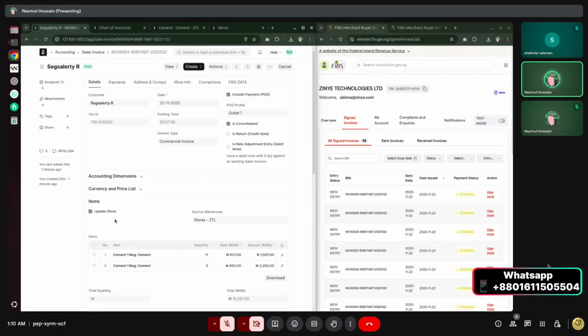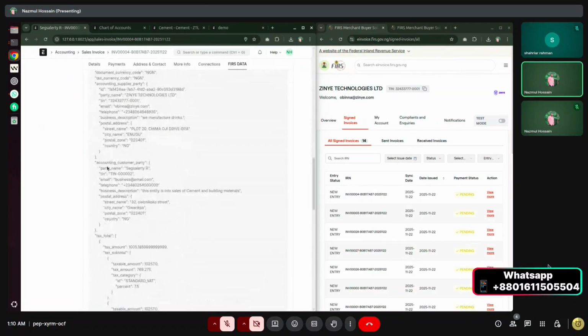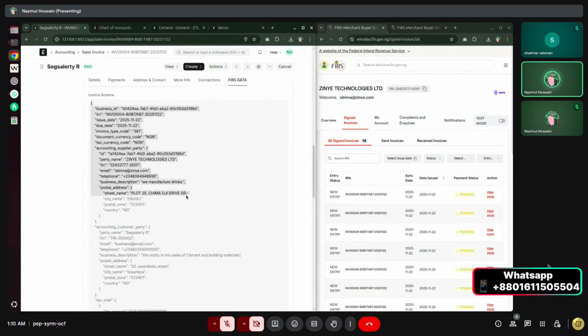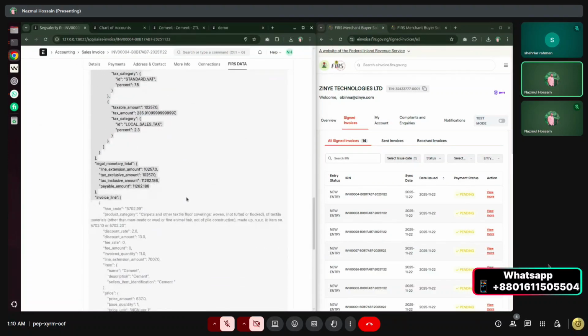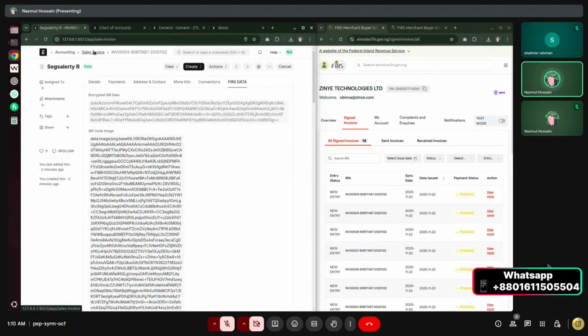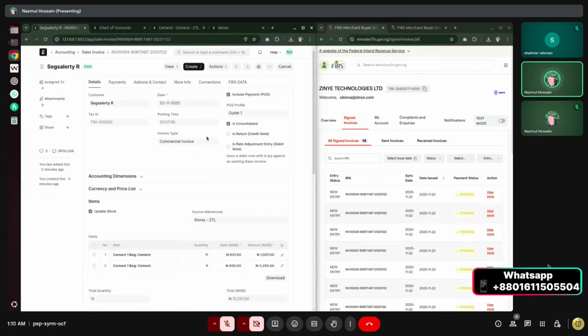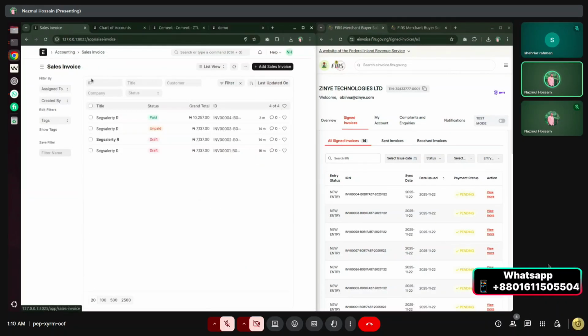And you can, okay, so here is the FIRS data, so invoice data. Okay, one more thing I have to show you. This is the consolidated invoice. Okay, this comes from the post profile. So this sales comes from post profile, and